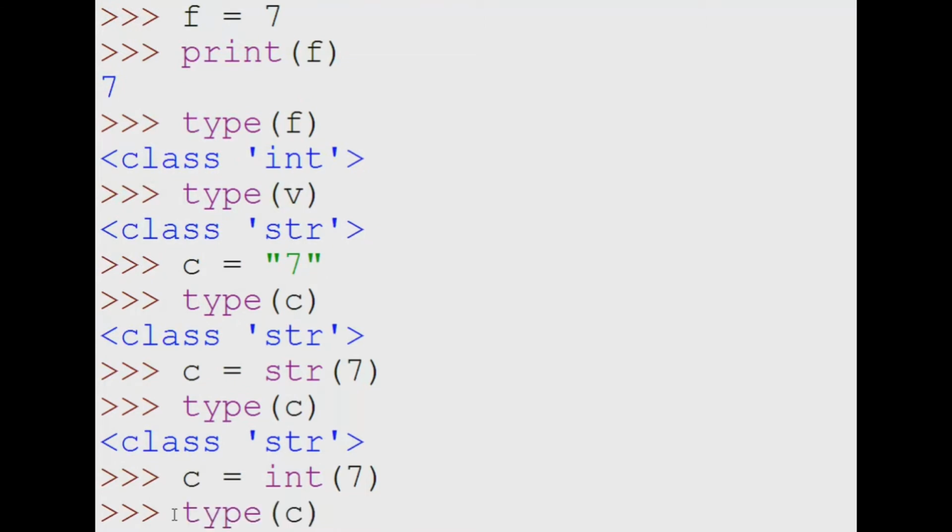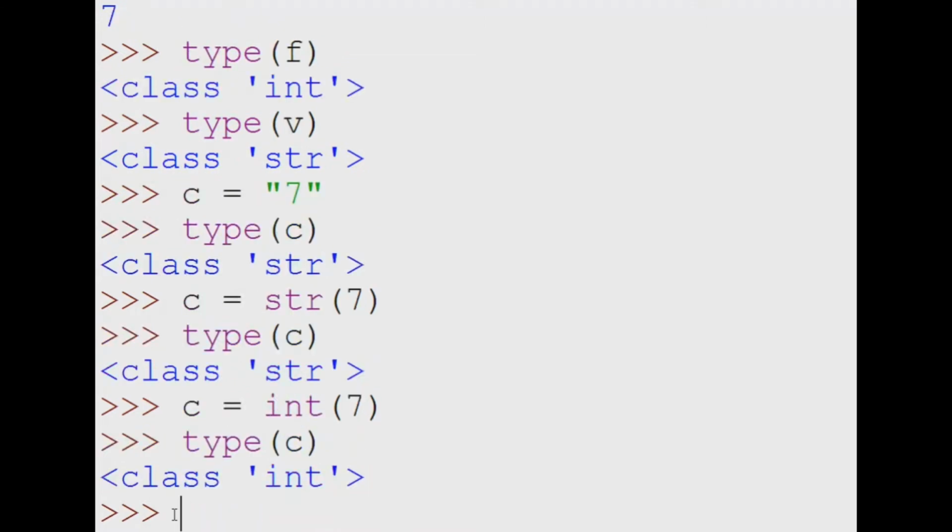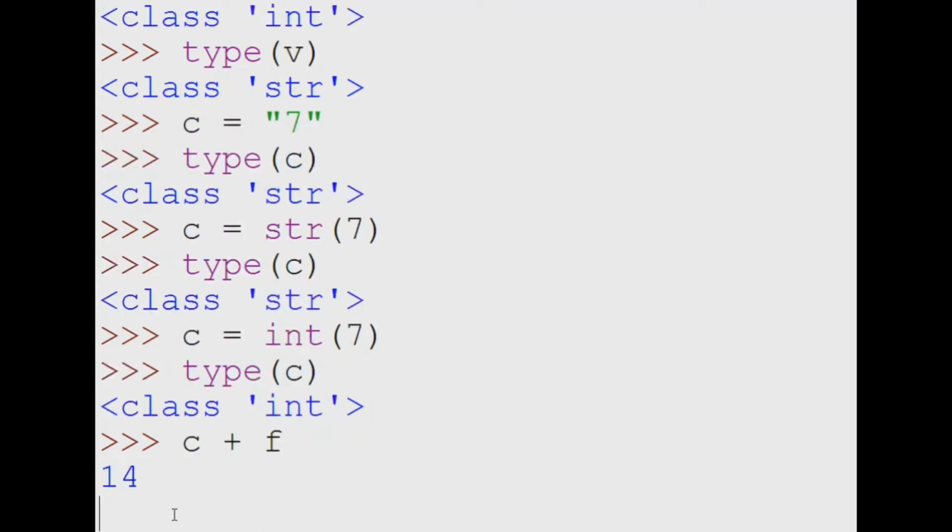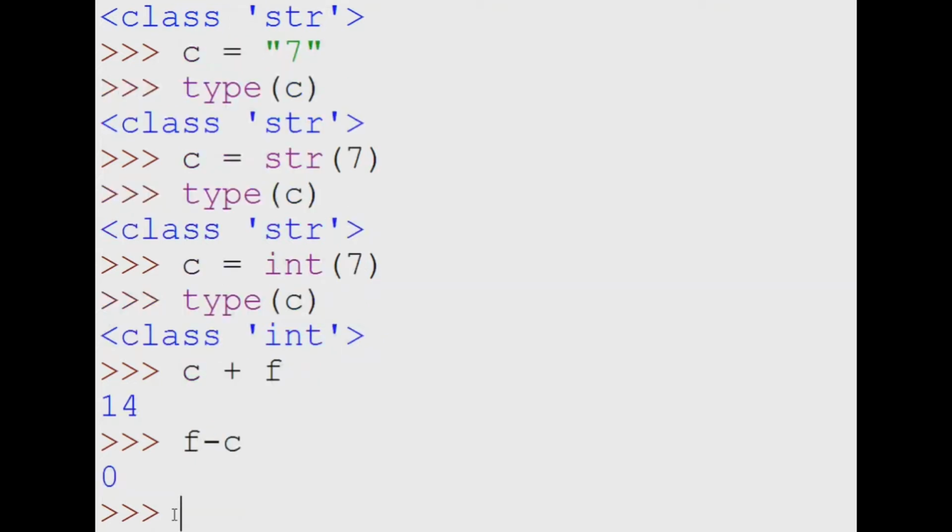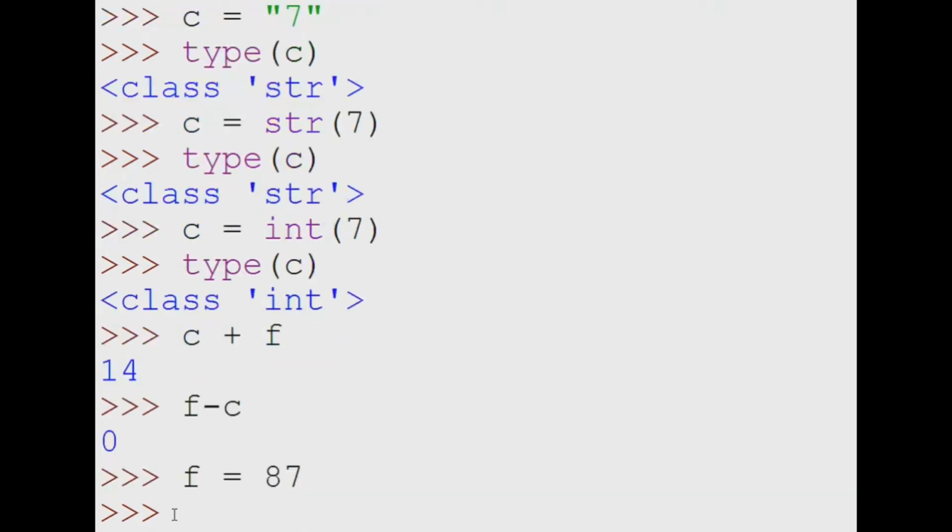Now we can write like this also, c plus f, 7 plus 7, 14. And if we write 7 minus 7, it will give us 0. I am changing its value. I write 87 in f.